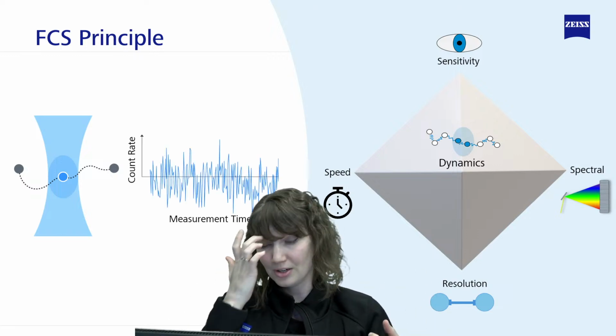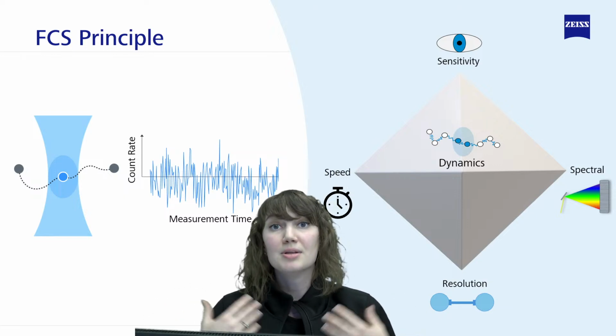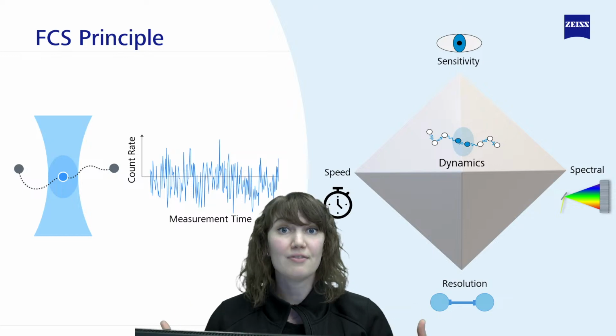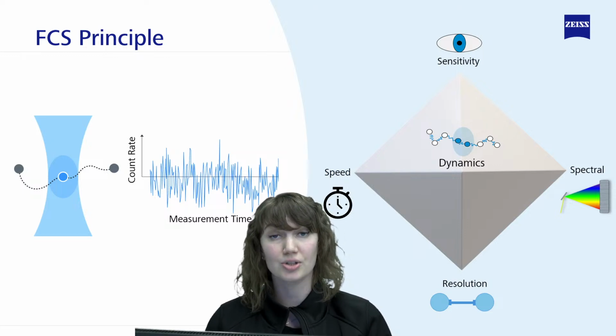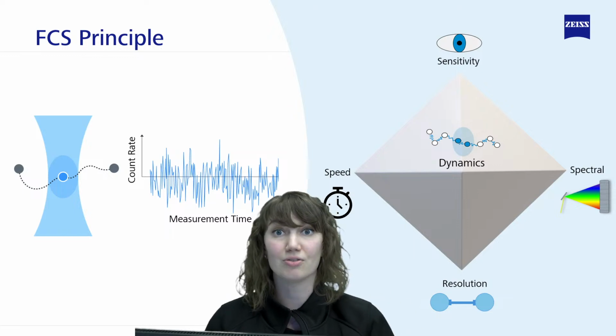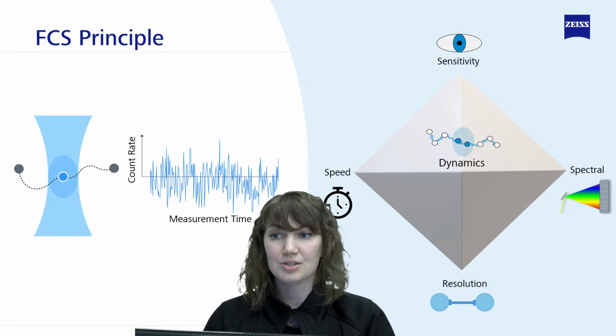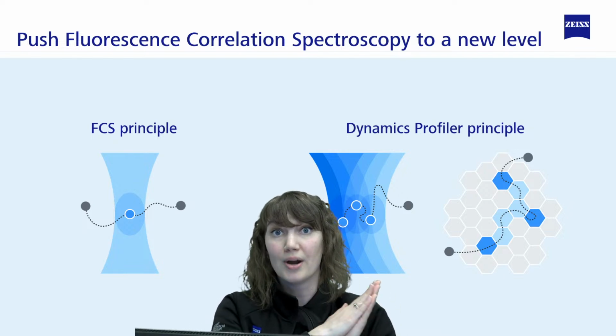And that's how you do fluorescence correlation spectroscopy, and that's great. It's a really well-established technique. Limitations with live cells, though, if you have tried to do this before, are that a lot of times you have to hunt around for the dimmest cell possible. You're very limited on which cells you're actually going to be able to measure, because if they're too bright, you're going to saturate that detector very quickly. And so that's not really a limitation here, but we took that principle and we applied it to our Airyscan